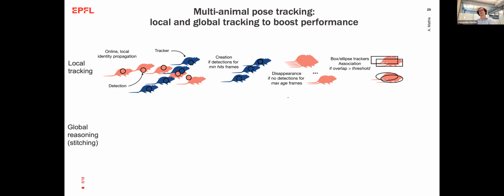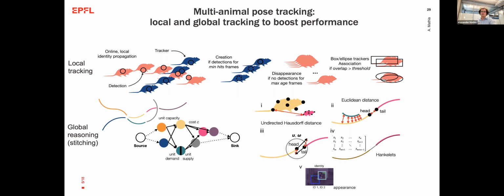So we take very simple online local identity propagation tools, where we just, for example, fit an ellipse to the key points that we have, forward predict the parameters of the ellipse, and match it greedily to the next detection. But what local tracking gives you is these so-called tracklets. Look at this plot down here. There would be, let's say, a blue mouse that goes, and then it hits onto this orange mouse. And there's a question, is the yellow one actually the same as the blue mouse, or is this green one the orange or whatnot? And so you need to decide how to link it